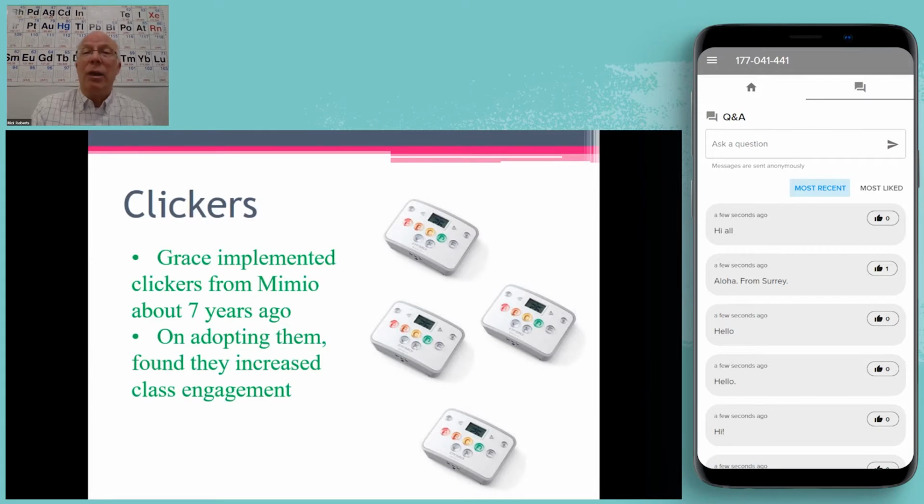So when I chose to use them, the class was much more engaged. They were more interested in what was going on, and I could really get feedback from them on a real-time basis. This did have a PowerPoint plugin where you could ask questions and have the questions appear in PowerPoint and then have the results appear in PowerPoint as well. So I really like